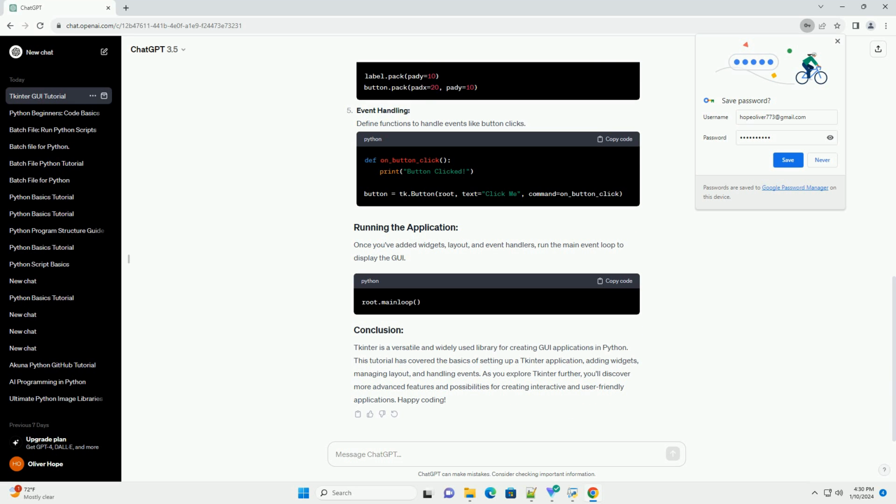Tkinter is a versatile and widely used library for creating GUI applications in Python. This tutorial has covered the basics of setting up a Tkinter application, adding widgets, managing layout, and handling events. As you explore Tkinter further, you'll discover more advanced features and possibilities for creating interactive and